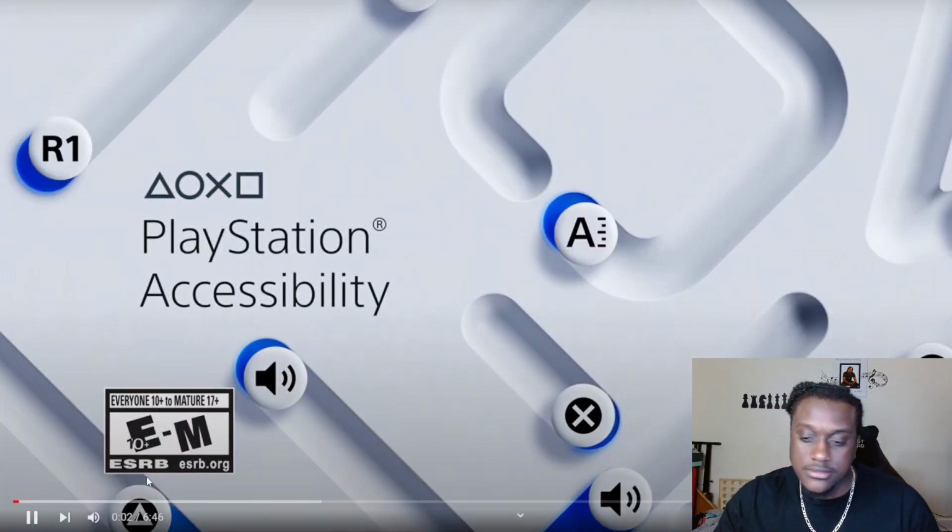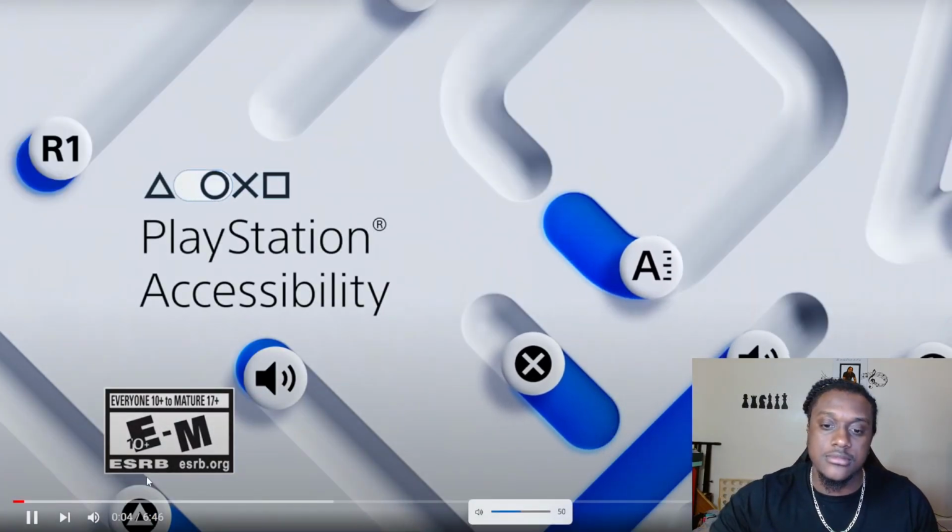Logo, title, PlayStation Accessibility, Accessibility Lead, Mark Friend. At PlayStation, we think there is an incredible opportunity to make our platform, games, and peripherals more accessible, so that even more people can enjoy the magic of gaming. We're just getting started with our accessibility journey with PS5, but we're so excited about what we've been able to